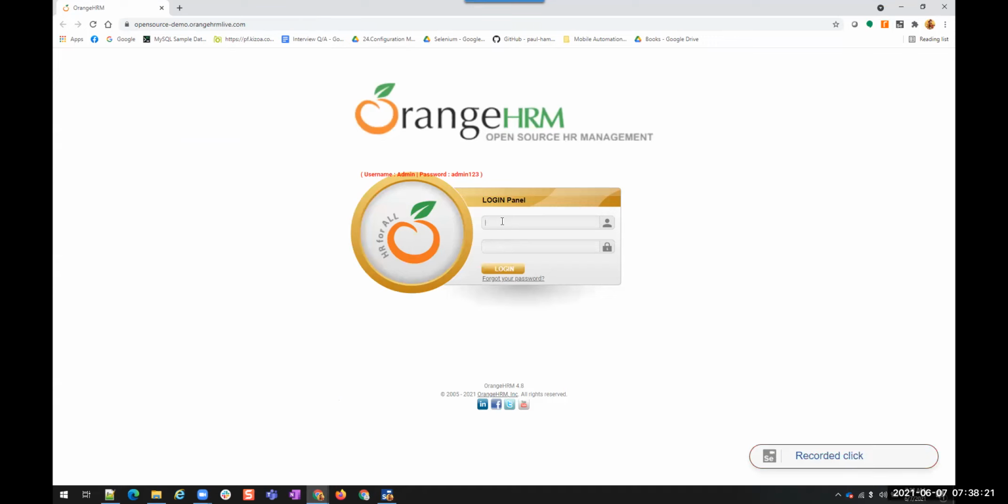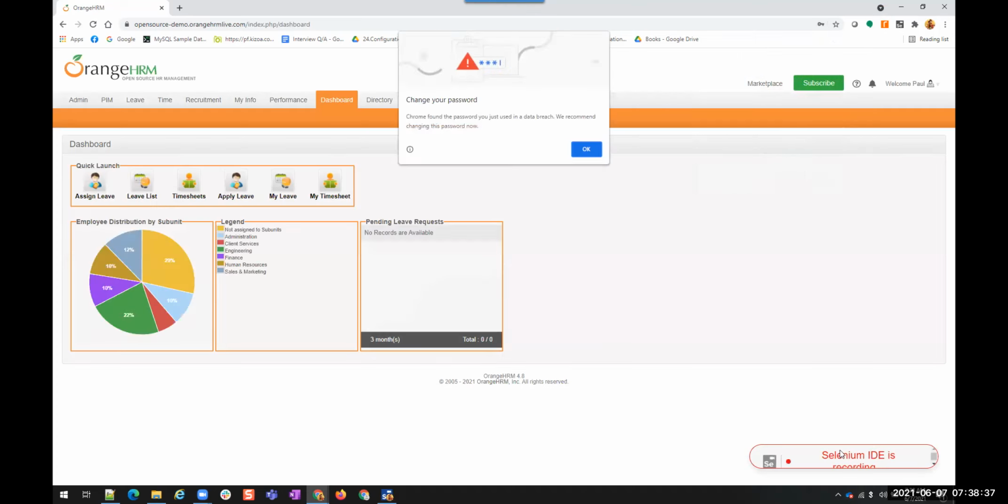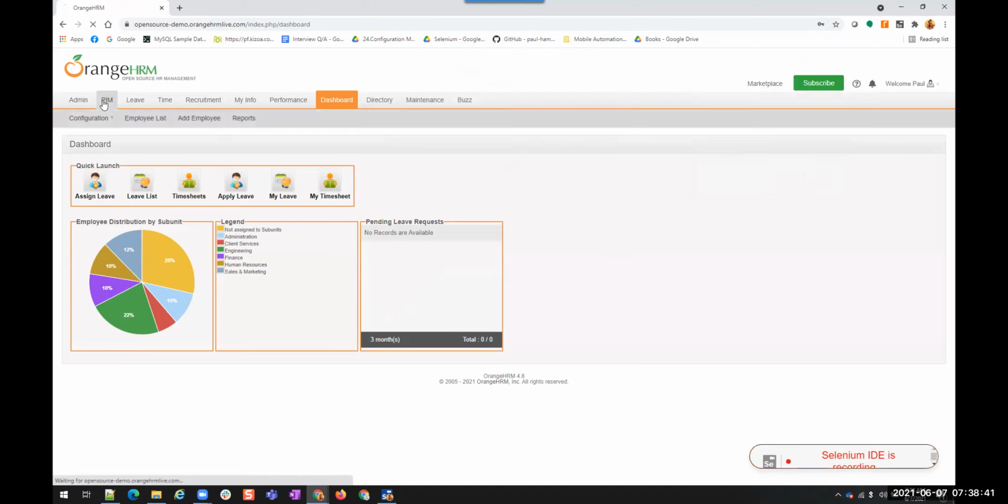Now let's see, start admin. Then see, recorded click, it is also displaying the actions. Then I'll click on the login button. That's all.